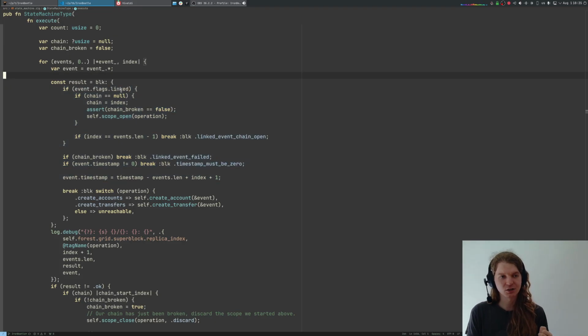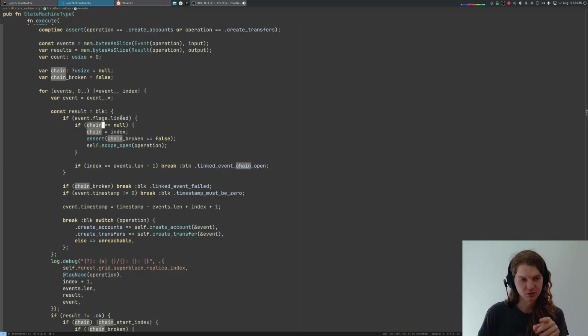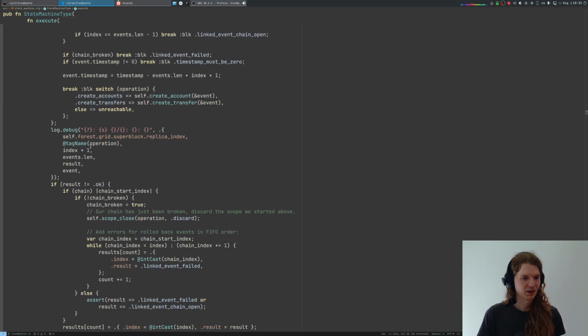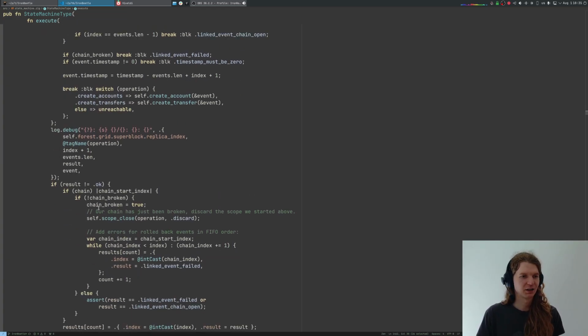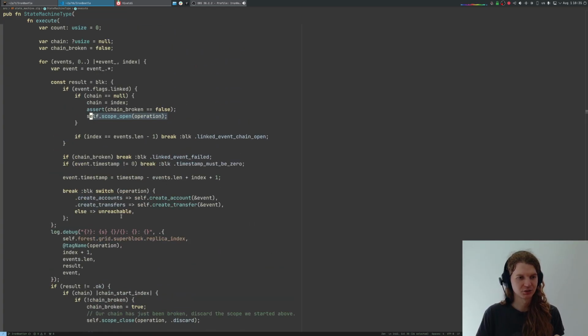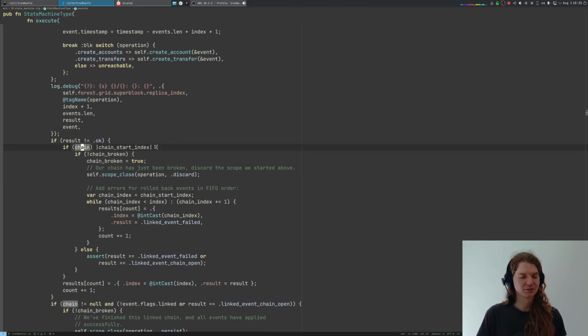And the idea here is whenever we start a linked chain, so if the current transfer is linked to the next one and we don't have a chain right now, then we create a scope and open scope. And after we executed a particular transfer, if it failed, and if we have a chain,